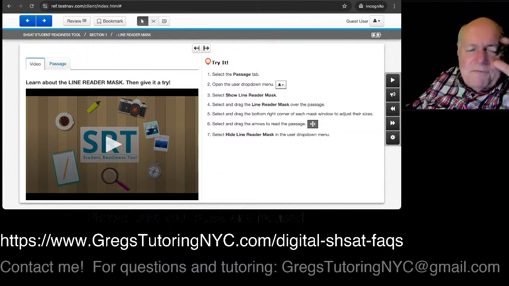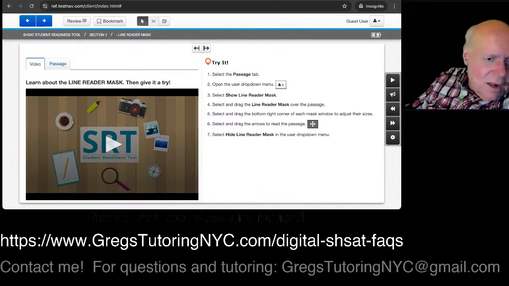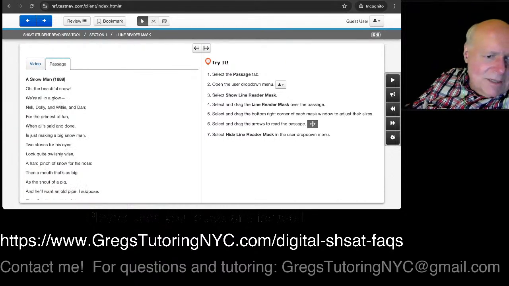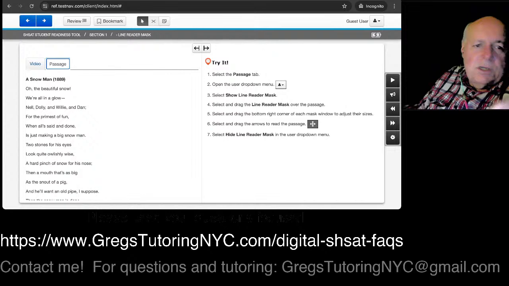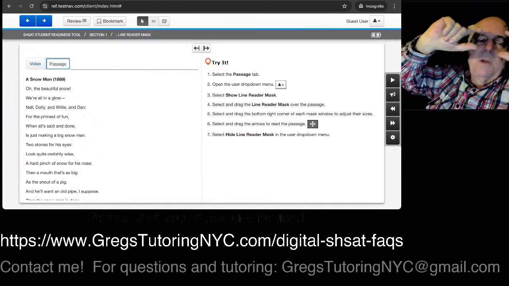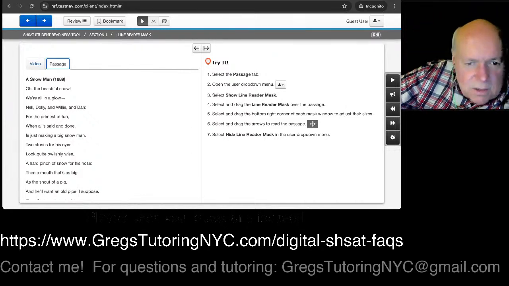And this is a way to focus on when you're reading a passage. So there's something over here, if we look, it says video and passage. So if I click on passage, bam, there's a passage right there. All right. So what it's going to do is focus on a certain point. So let's go actually do that. If I click on the line reader,